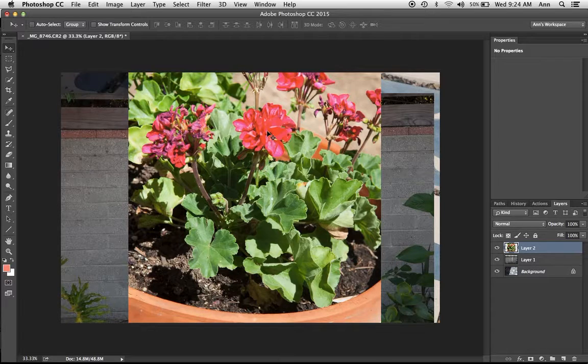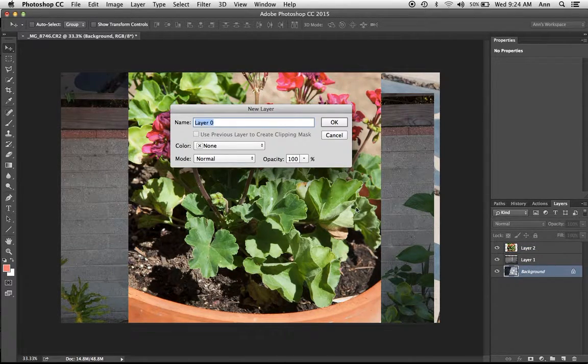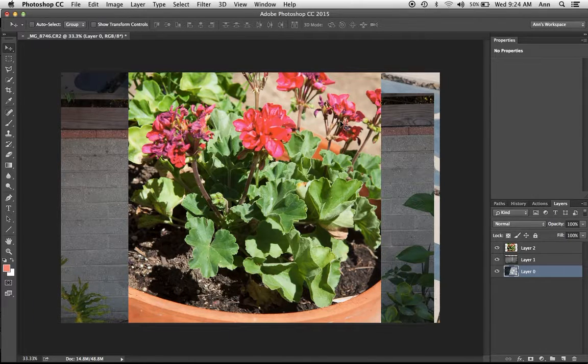We now need more space. So either 2 things. Either we get more space if we want to work with full-size images, or we have to make these images smaller. I'm going to show you how to do both. So image, first thing we got to do though, if you're going to make more canvas, is double click on the background, say OK. That now makes it a layer. If you miss that step, what happens is when you get more canvas space, it fills with a solid color, whatever the background color is.